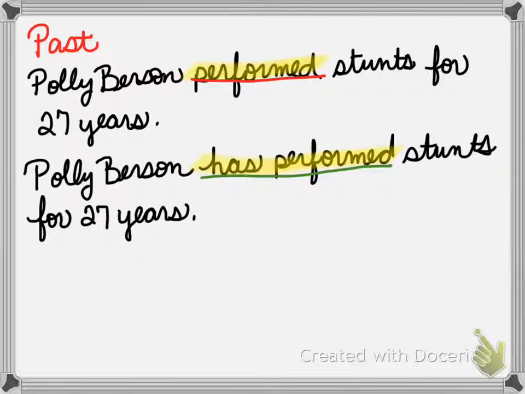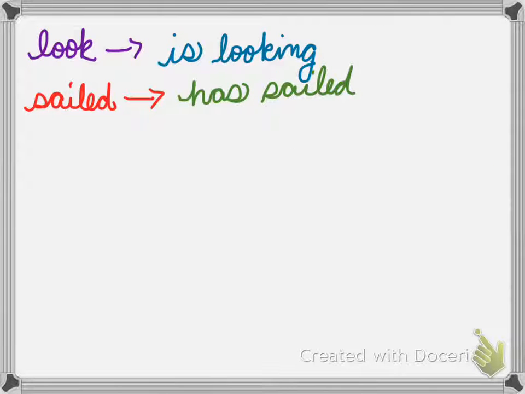Now, when you're looking at regular versus irregular verbs, we'll get to irregular verbs tomorrow, meaning Monday. However, regular verbs are when you're making your participle part and all you have to do is add ing or add ed to your verb, and you don't have to change the spelling. An example of this would look like this. Look would change to is looking,